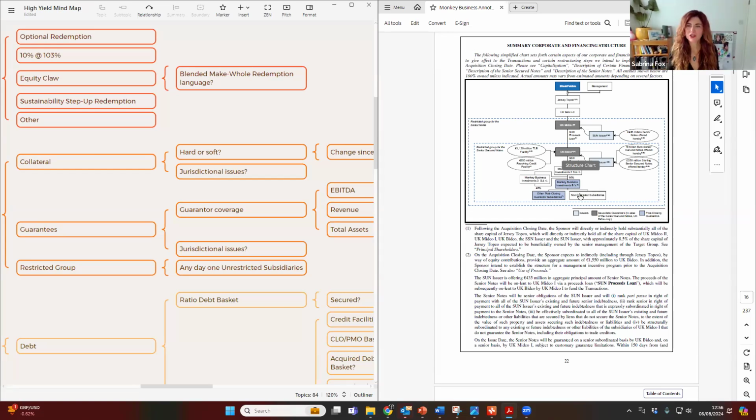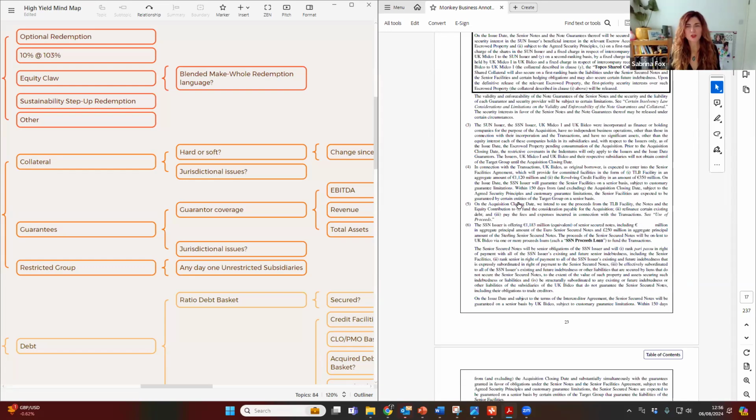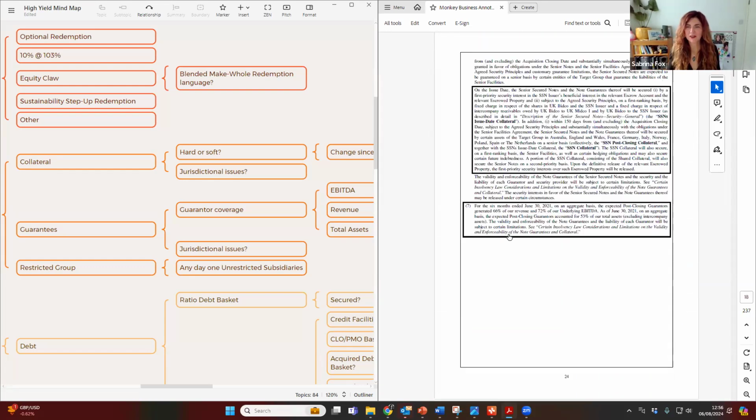But as you can see, there are these two different colored boxes here at the bottom of the chart. Now the blue box here, those are guarantors. We like blue. The white box here are non-guarantors. We do not like the white box. We like the blue box. So when you look at the blue box, and the writing is obviously too small here, but it has a footnote that says 7. So all you need to do is go down to footnote 7 here, and it will tell you exactly,